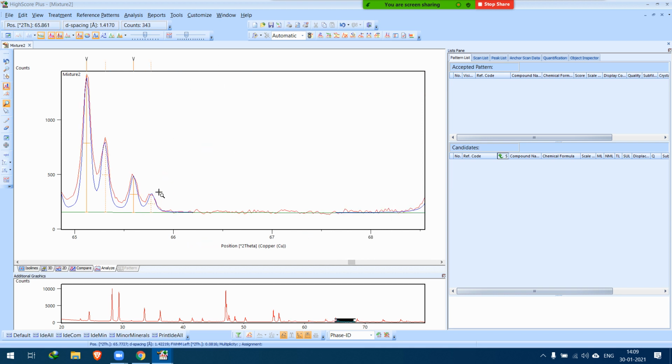Whatever second peaks you are seeing are actually the K alpha 2 peaks. Once the 2 theta angle starts increasing, the distance between the K alpha 2 peaks becomes very high.